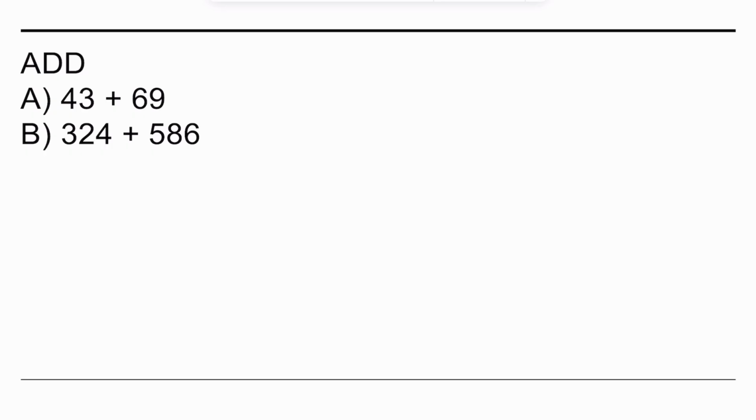So working on problem A, we have 43 plus 69. If we write down A, 43, and now step one was that we want to line these up so their place values line up in a vertical way. So if we write plus here and then we go 69,